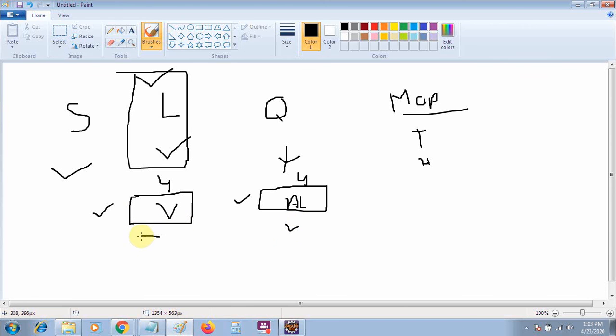Whenever we enter the fifth value, what will actually happen? Vector will increase its size by 2 times. Initially the size was 4, now the size will become 8. So it will just double its size.